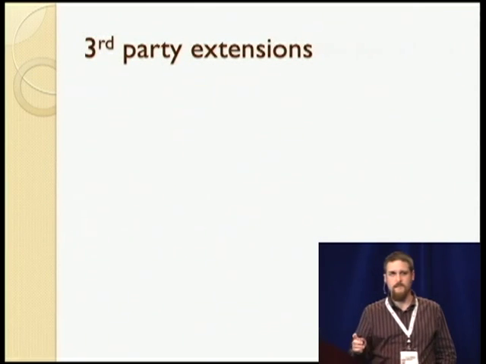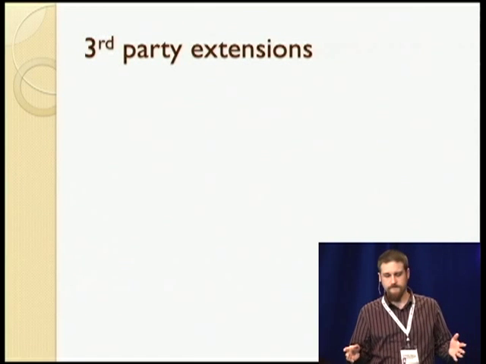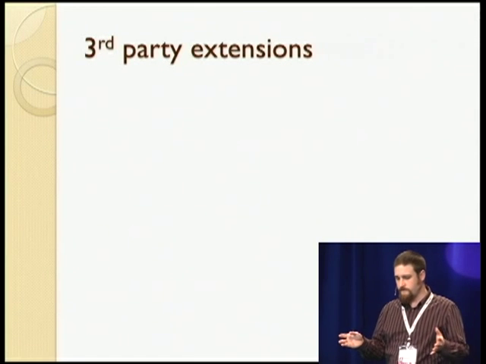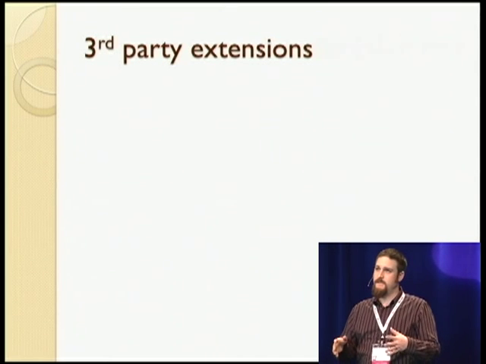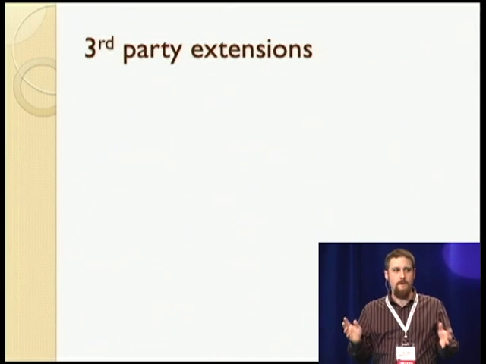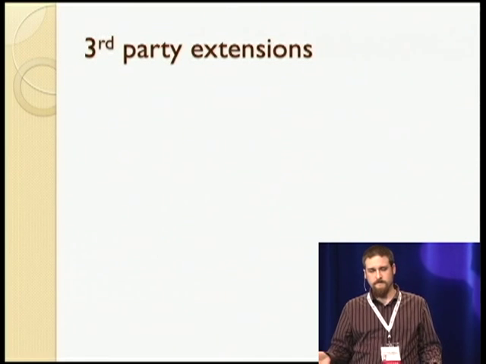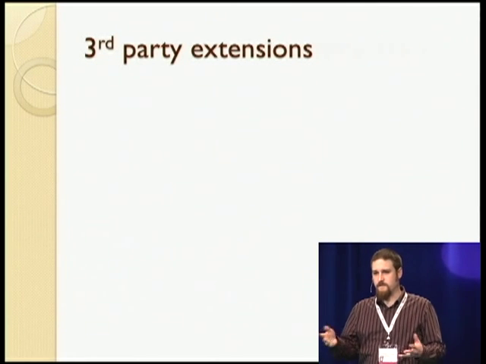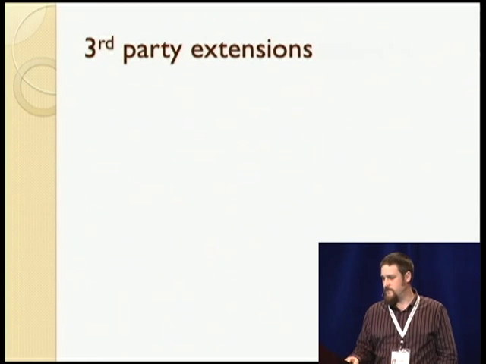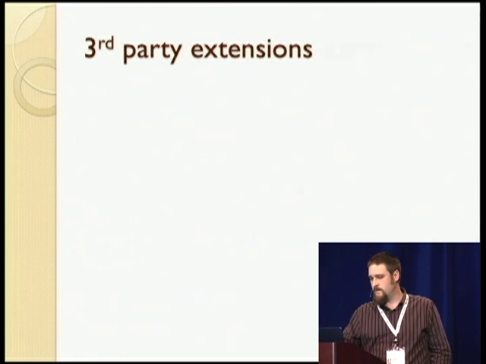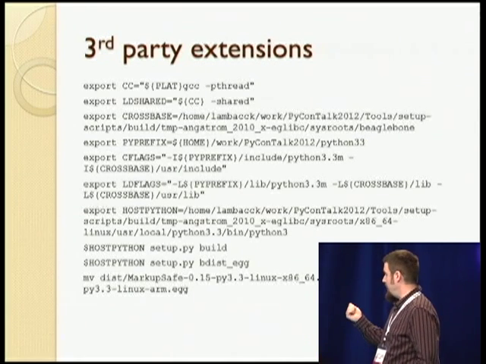All right, so now we have a Python, and that's all well and good. We've got it running on our device, but there's some third-party C extension that you want to run. And, you know, something like PIL, or whatever, there's lots of compiled extensions you might want to use. So then all we need to do is that.